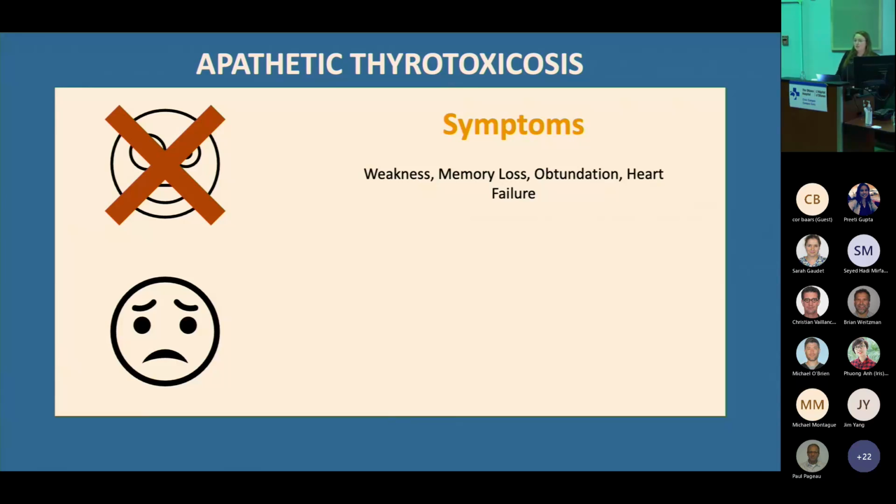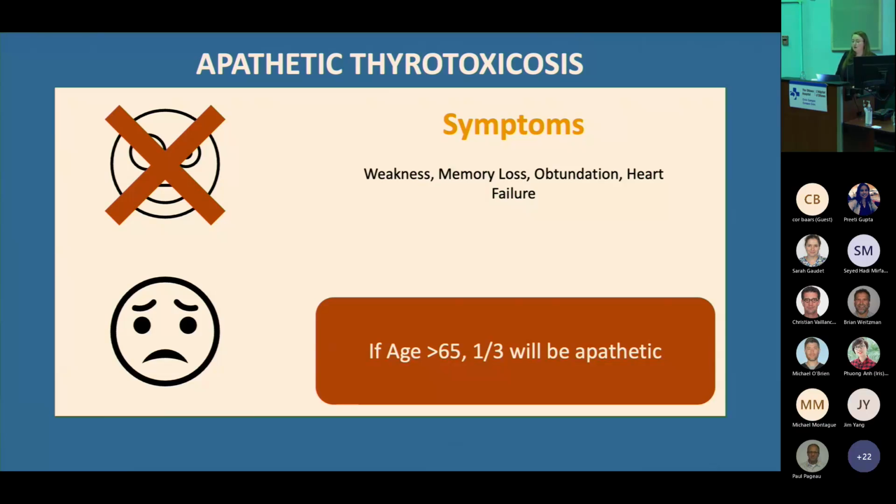So although apathetic thyrotoxicosis is listed in Rosen's and listed in all the literature as this rare event, up to 1/3 of thyrotoxicosis or thyroid storm presentations in those aged 65 and up will be apathetic in nature. And in all apathetic presentations, over 80% of those individuals are 65 and up. And so it's important to recognize what risk factors people have to presenting with a non-classic or apathetic presentation of